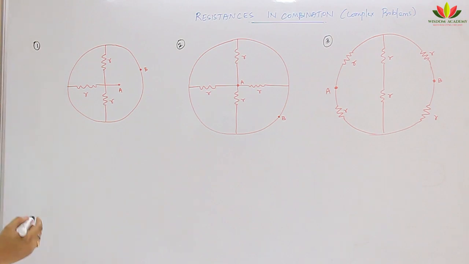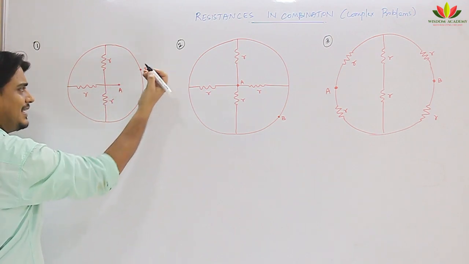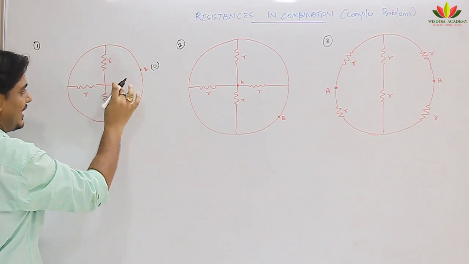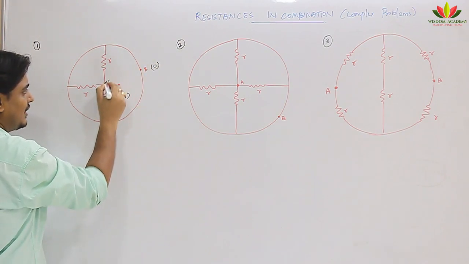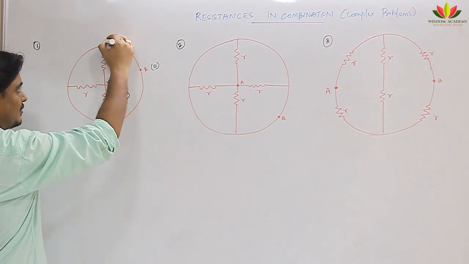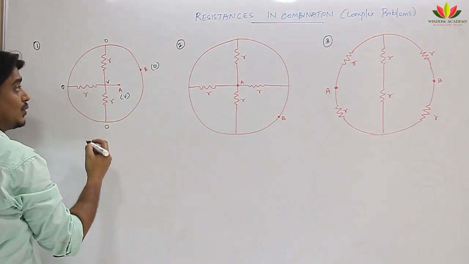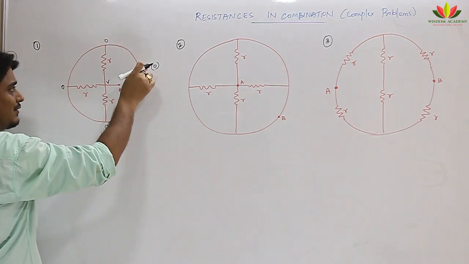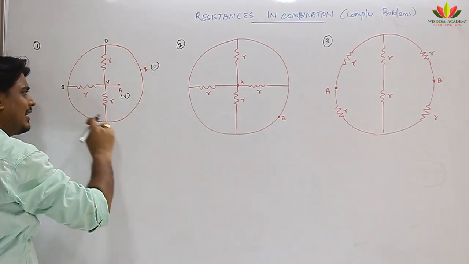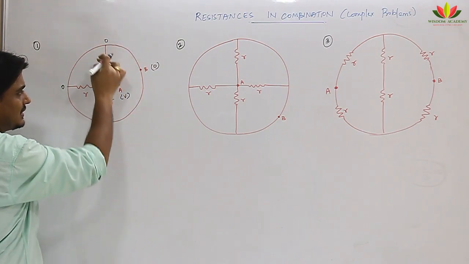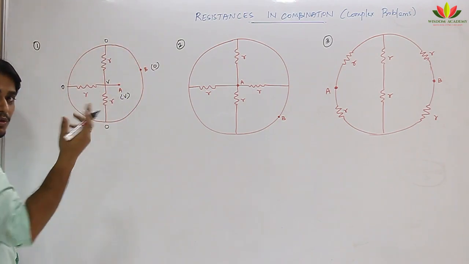So the first question, this is the point A, this is the point B. As my method, I am taking A as V, B as 0. So A is V here, so this point will also become V. What about this point? It will become 0. This point will become 0. This point will become 0. So why I have made these 3 points to be 0? Because from B it starts, nowhere on the way anything is lying. So every point is 0. But can I write this as to be 0? No, because from here to here some resistance is there, some drop is there.